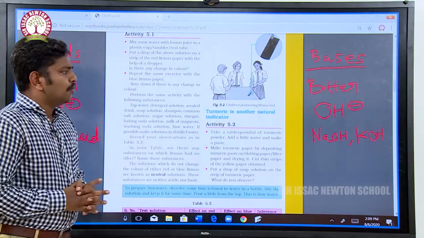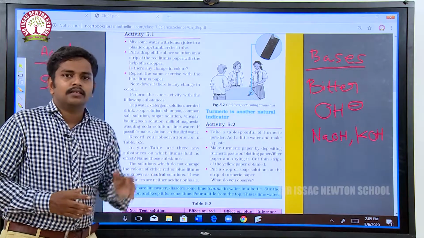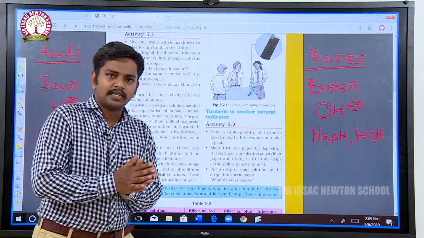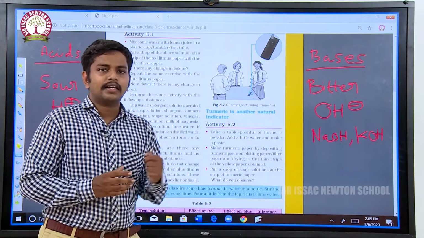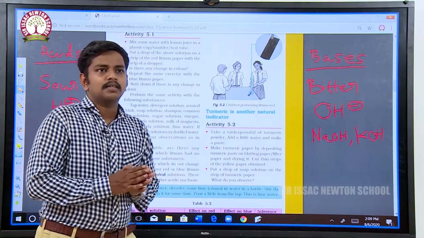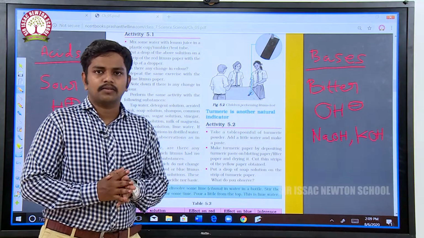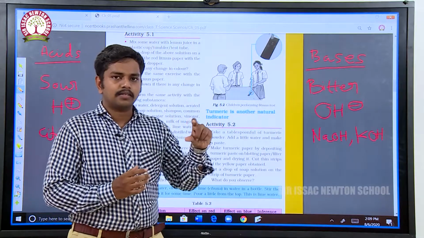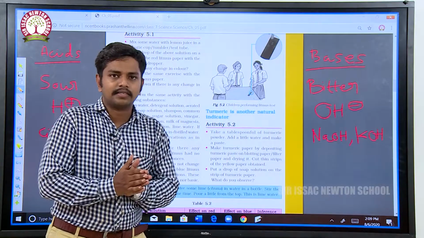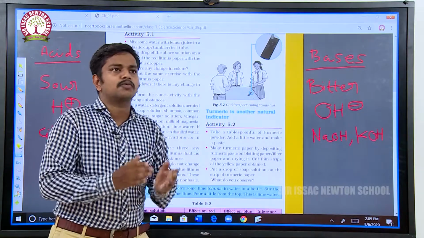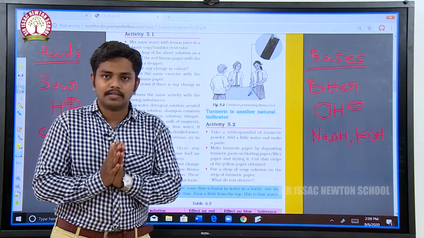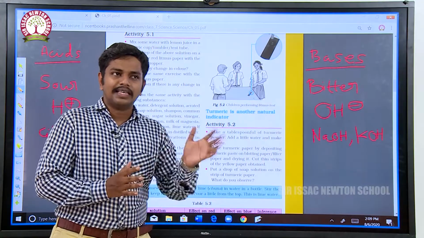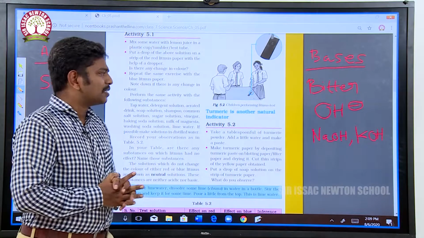What is meant by litmus paper? Litmus paper is available commercially and naturally. The indicators show whether the substance is acid or base. The purpose is to find out whether a substance is acidic, basic, or neither acidic nor basic. For that purpose only, scientists found indicators. And what is meant by lichens?